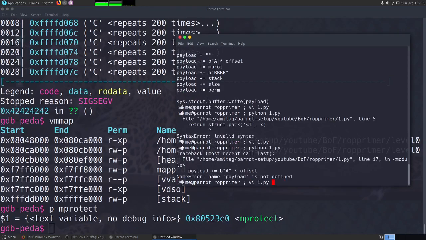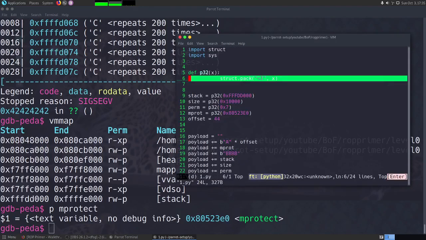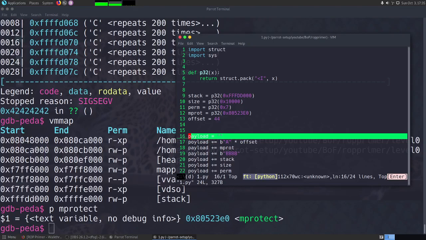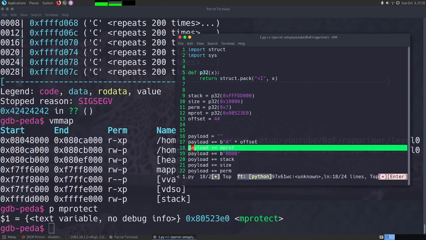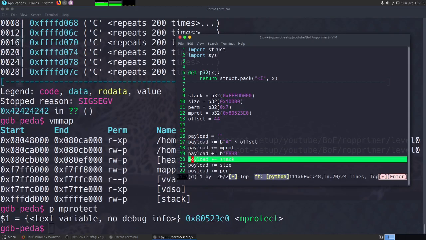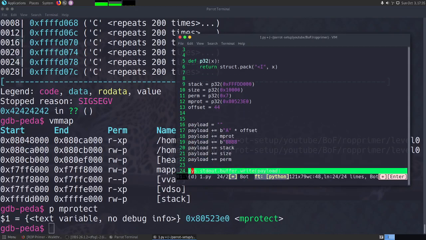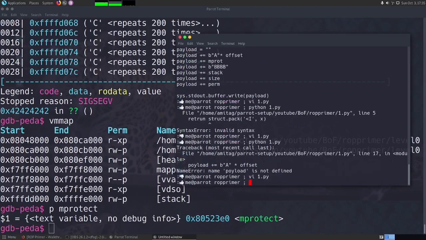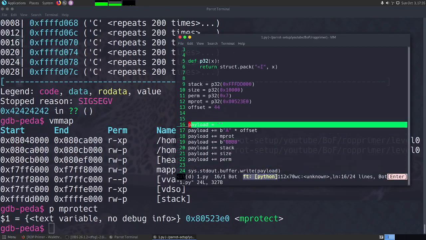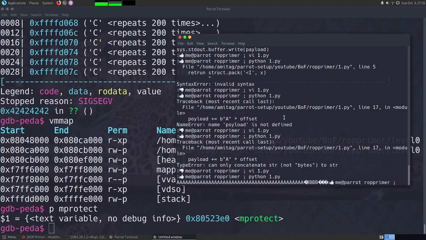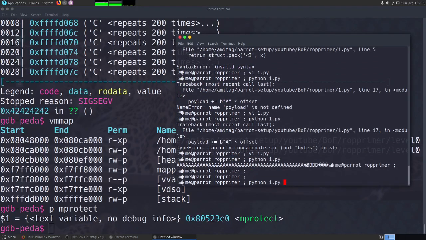Name payload is not defined. Okay, I have the same problem here as well, so let me change here as well. Hopefully now it should work. One more B will be required here. Okay, so now we are able to print this.